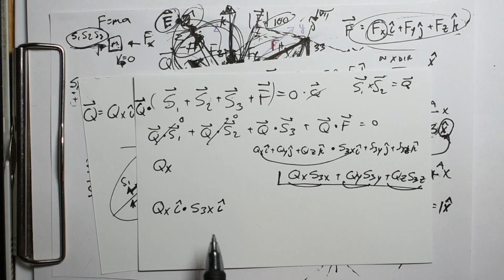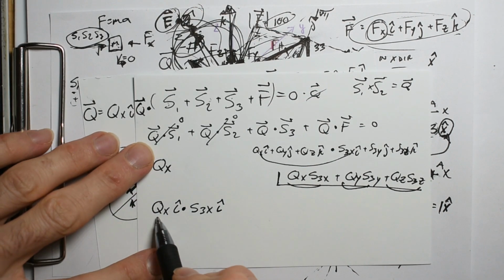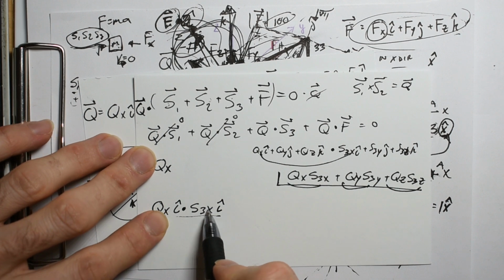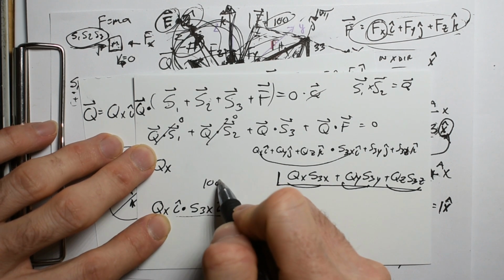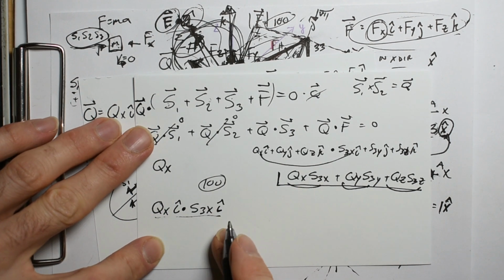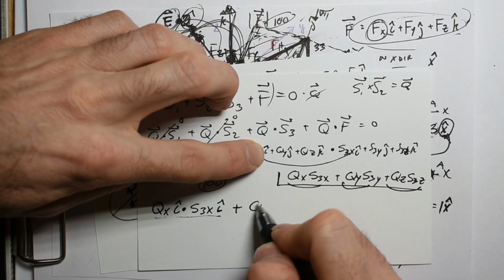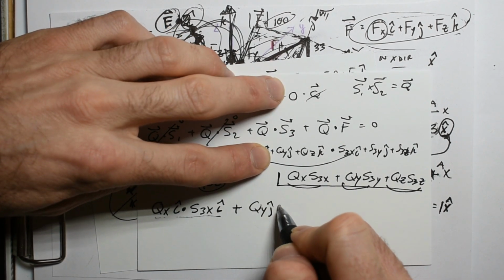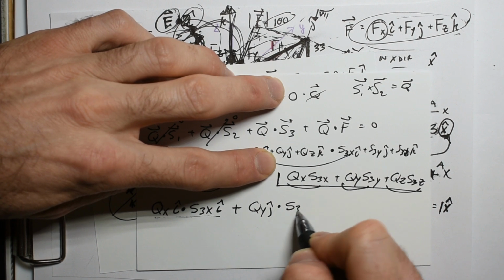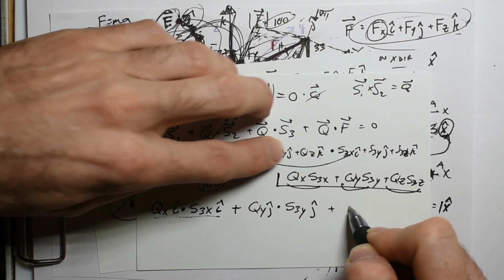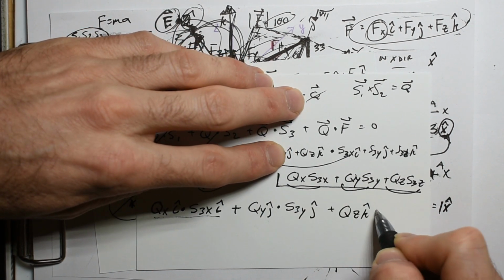And now that I'm dotting this, I get 100%. I dot i gives me 100% multiplication. Cool. And so that's going to be plus Qy j dotted with S3y j, and then Qz k dotted with